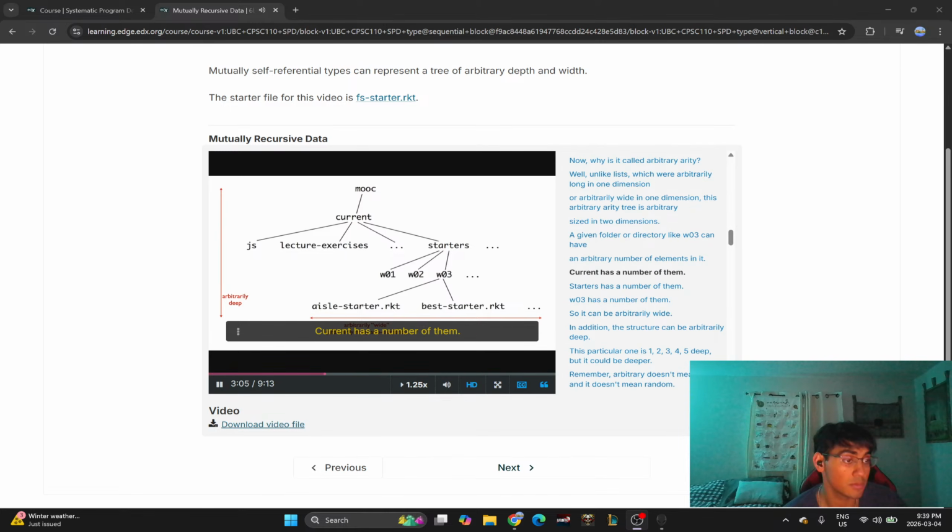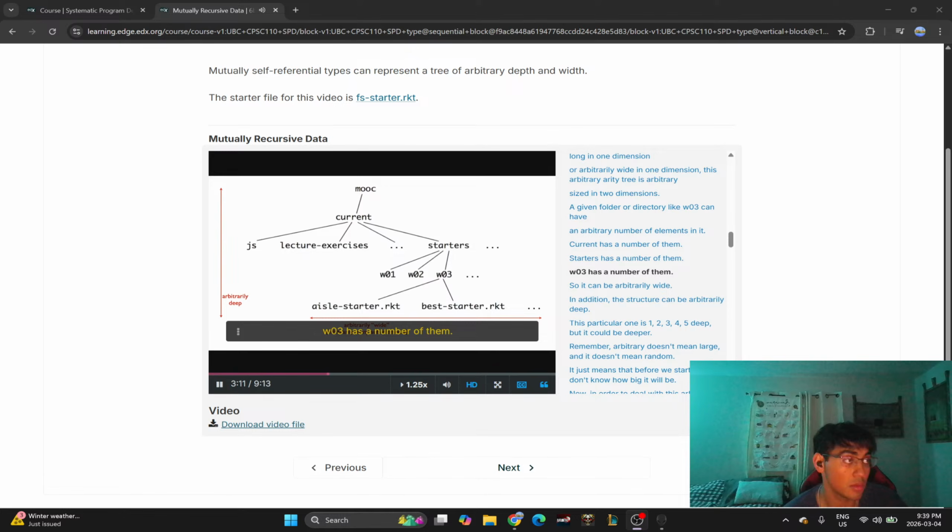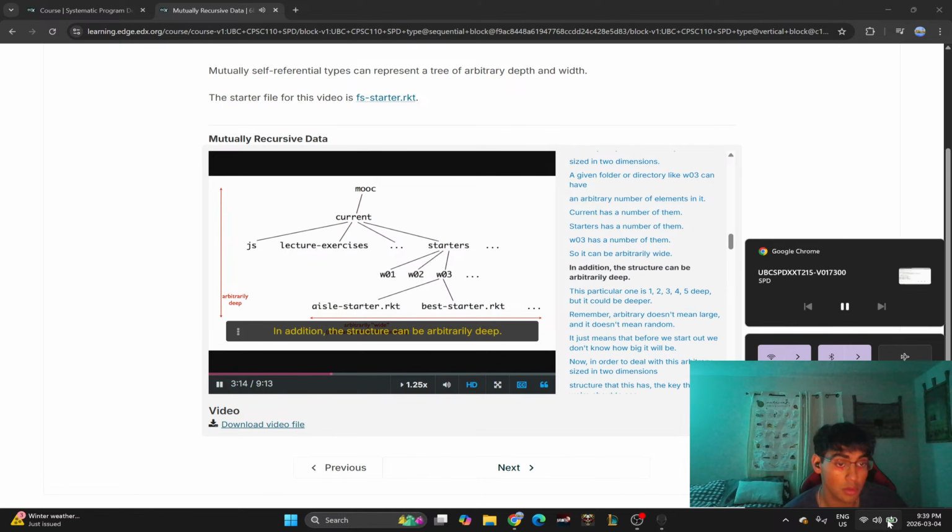A given directory can have an arbitrary number of elements in it. Current has a number of them, starters has a number of them, WO3 has a number of them. So it can be arbitrarily wide. In addition, the structure can be arbitrarily